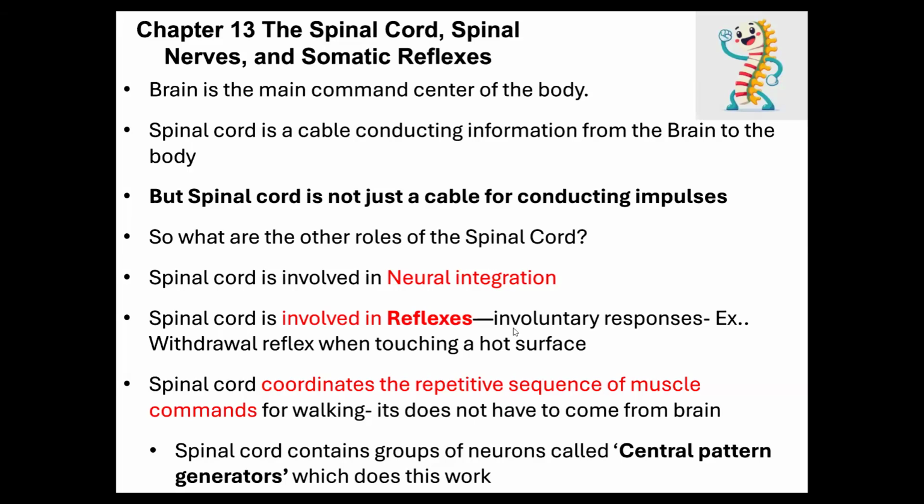And also, the spinal cord is involved in reflexes. So what is a reflex? A reflex is when you touch a hot object or a sharp object, you immediately pull your hand, even before you know your hand is pulled. If you know it, that means your brain is involved. But here, your brain is not involved. It's your spinal cord. The spinal cord takes a decision and it moves your hand out of danger. And then the brain will come to know that there's a hot object or whatever, which is going to cause you some harm. So the spinal cord has an element of neural integration.